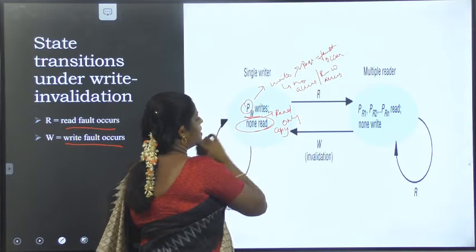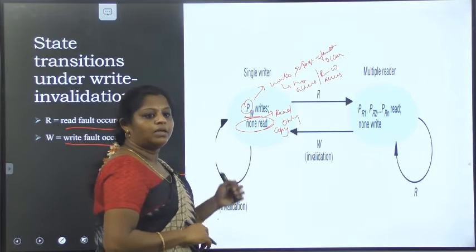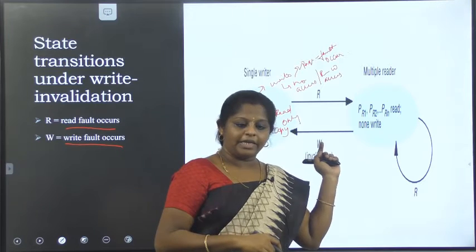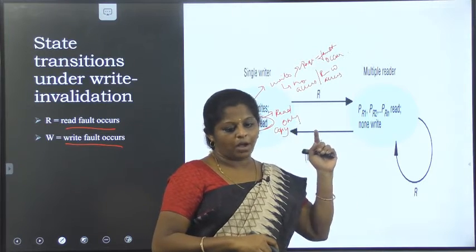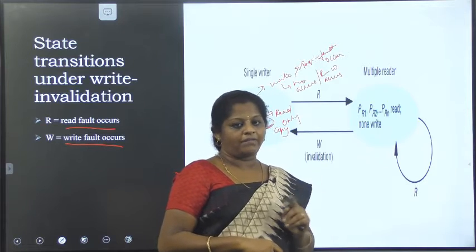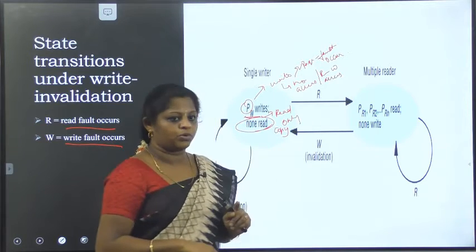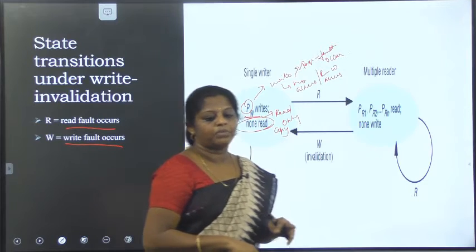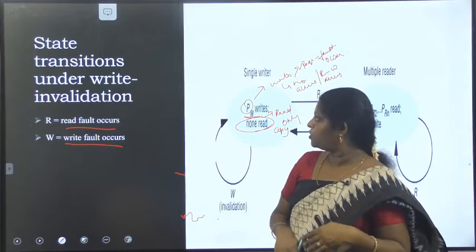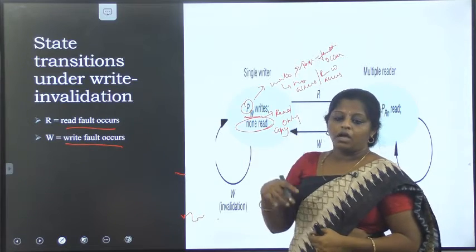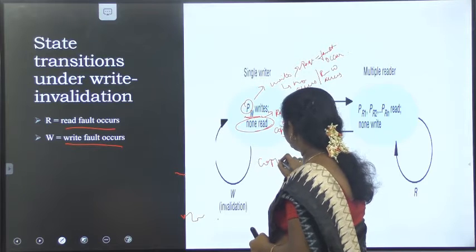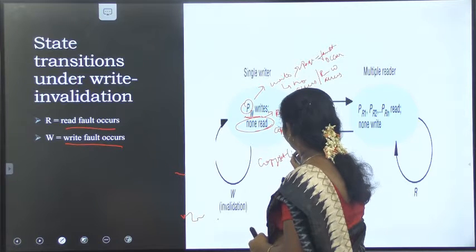So the first step is that the page is transferred to PW if it does not already have an up-to-date read-only copy. The second step is that all other copies are invalidated, and the page permissions are set to no access at all members of the copy set of P.